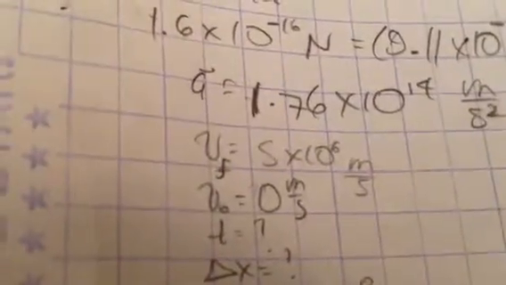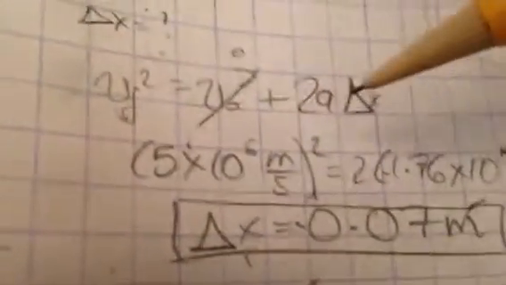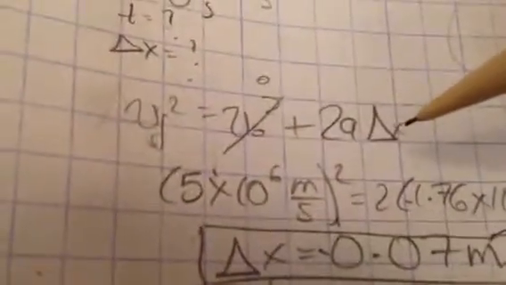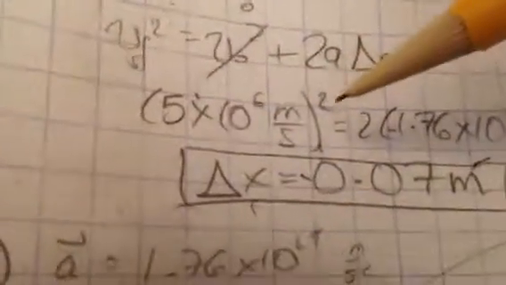So the final velocity we have as 5 times 10 to the 6 meters per second. If we're solving this with a kinematic method, the initial velocity is 0 meters per second. We don't know the time. We want to find change in x. And so we have three quantities here. And I just use velocity final squared is equal to velocity initial squared plus 2a times change in x. So this is 0. This cancels out. 5 times 10 to the 6 meters per second, quantity squared